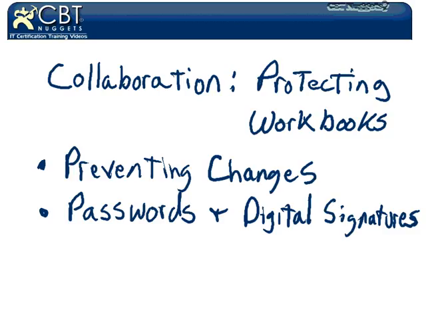In this video, we looked at how we protect our workbooks. Even though we like to share and do collaboration, we do need to make sure that we maybe prevent any changes from occurring. So we can go ahead and do that by selecting ranges of cells or individual cells and even the worksheet itself and say, look, you're not allowed to do this, but you can do that. We also saw how to protect the workbook by putting a password on it on whether someone is able to even open it, and maybe we want to sign it to make sure that somebody, if I'm sending this through